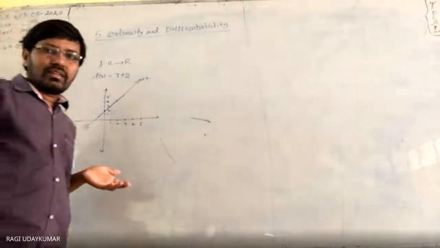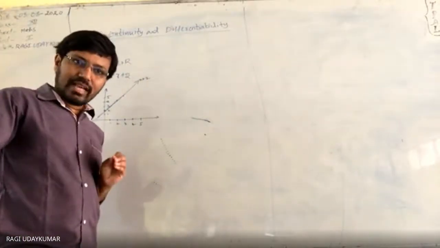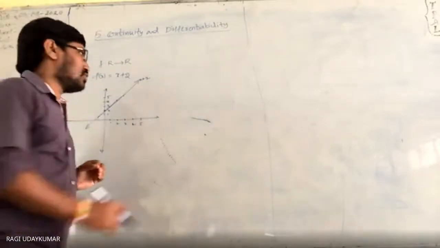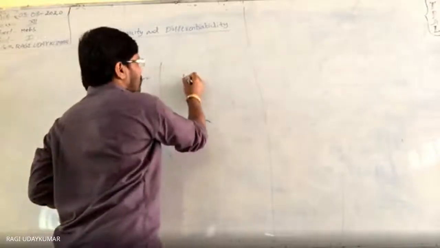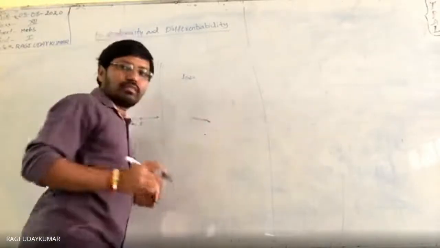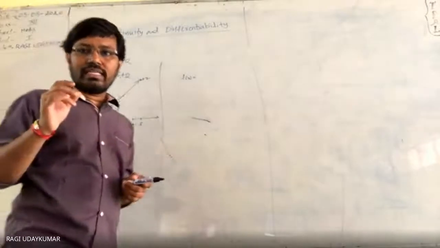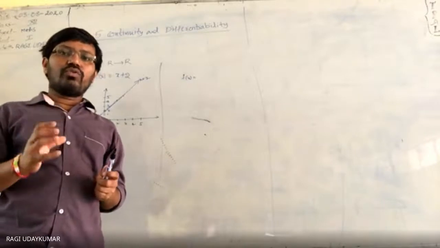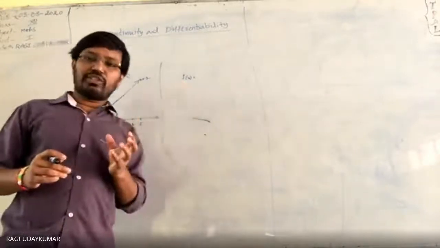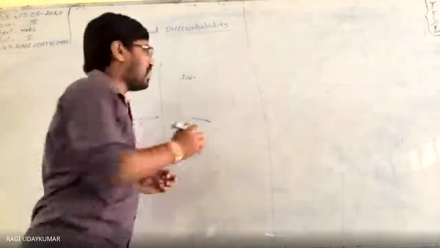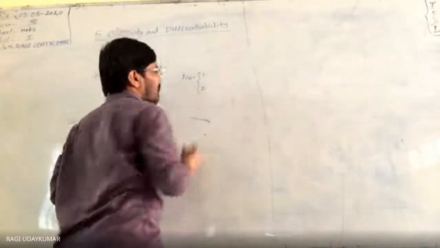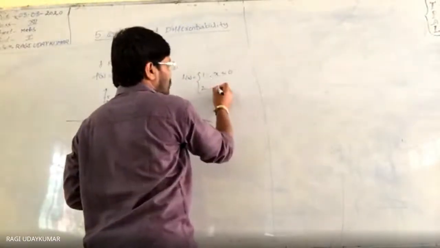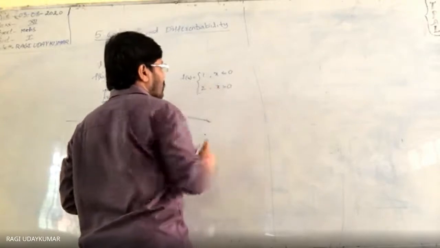So you can say that without knowing the exact definition also, this function is continuous. Suppose I have given a function to you in another way. f of x is equal to a split function. Usually in continuity and differentiability, first you need to go for the split functions. Mostly we are going to have the split function. Split function is nothing, here 1 and 2. For x less than or equal to 0 it is 1, and for x greater than 0 it is 2.